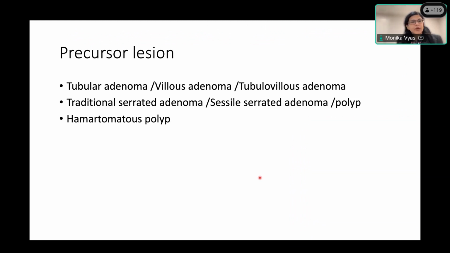So next we come to the precursor lesion. So a lot of times with gastrointestinal carcinomas, the carcinoma will completely overgrow the precursor lesion, and we can't identify whether this was arising in a tubular adenoma, tubulovillous adenoma, or a serrated polyp. But sometimes you can identify, and when you can, it's good to note what type of tumor it's arising in.